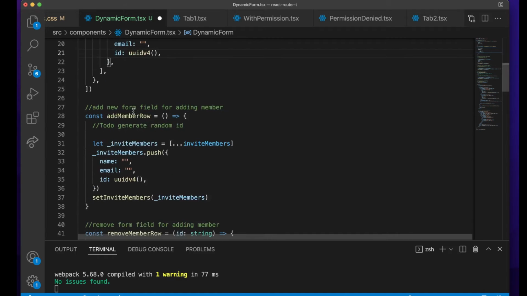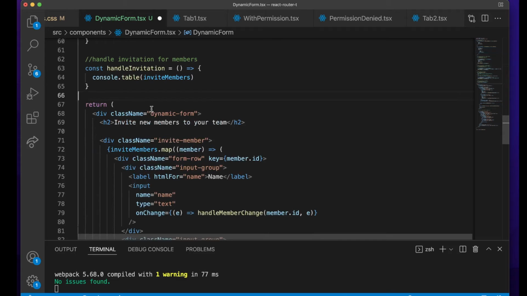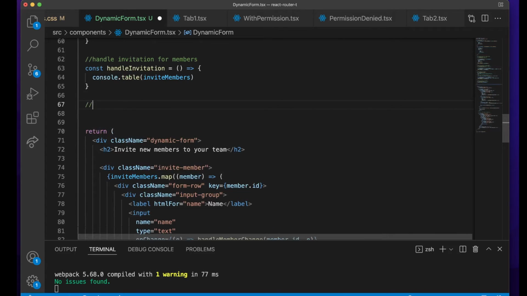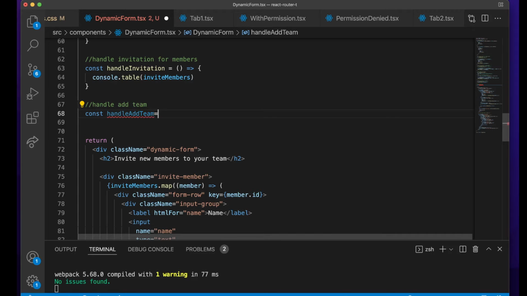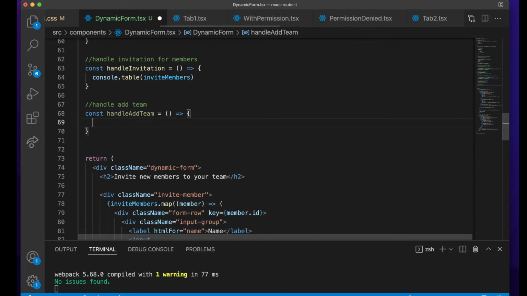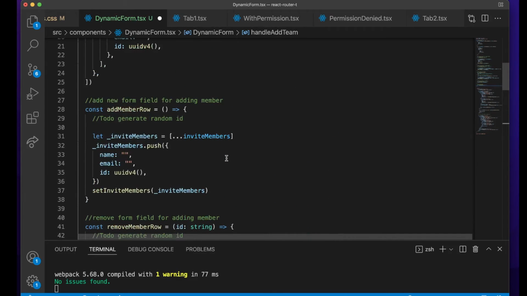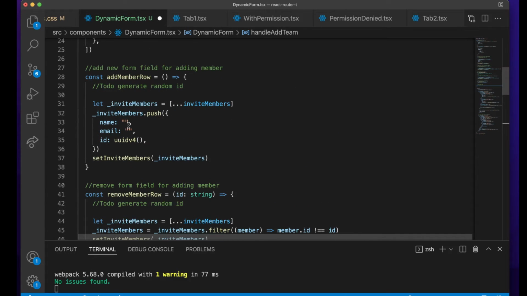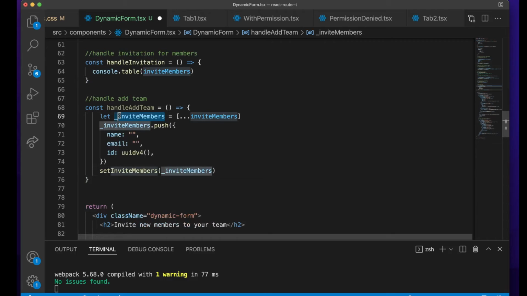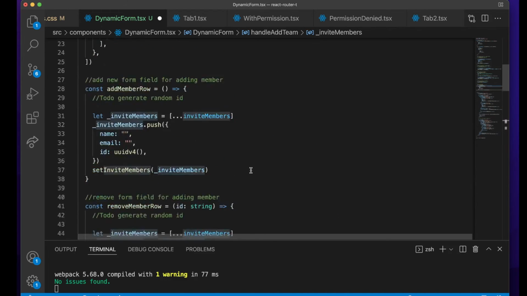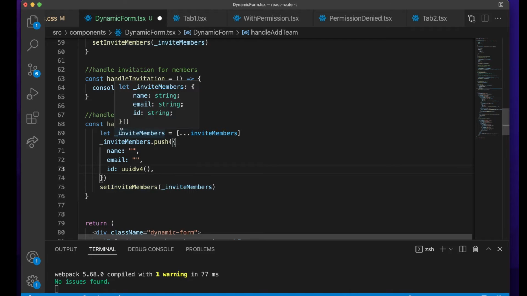So now let's go here, and let's go back here. And so we will first do handle add team. So that's what we need to do. So const handleAddTeam, and this will be almost the same as what we have here. So if you see, we are doing this approach. So let's copy this, okay, and then what we can do is, instead of invite members, what we have is team members. So let's go here,